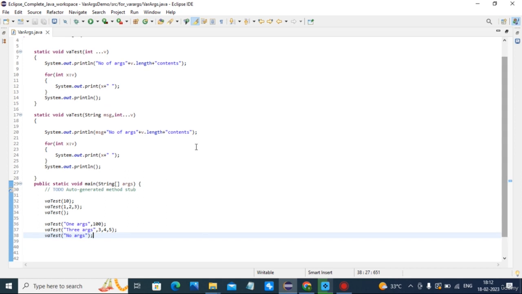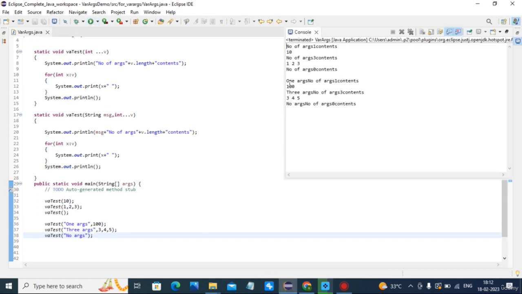Now we will run this code. Now one argument, 3 arguments and no arguments. Contents, no content. Variable arguments and overloading is also done.